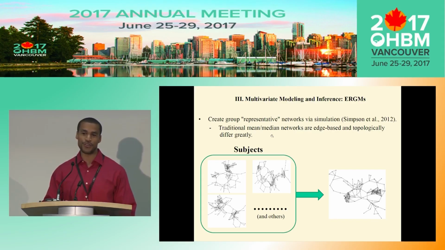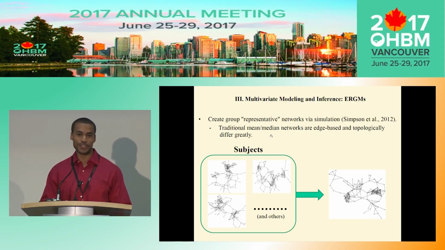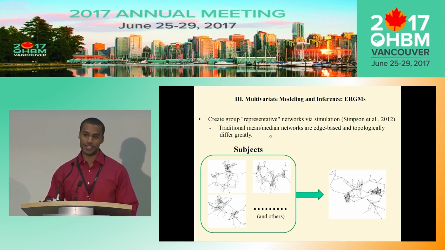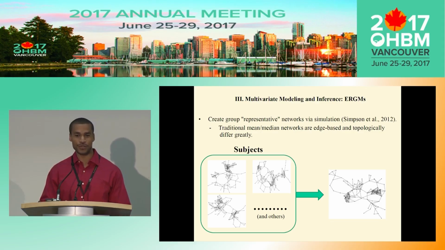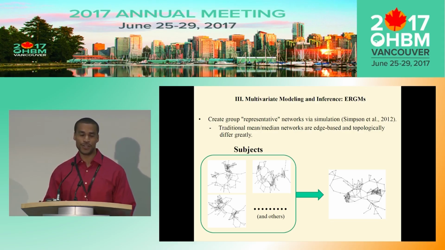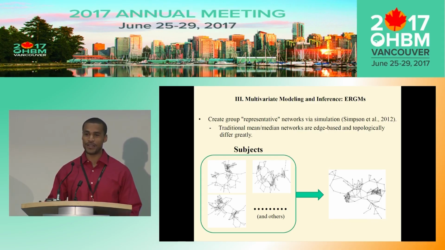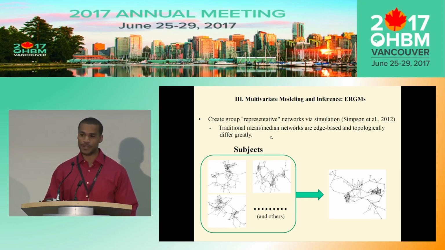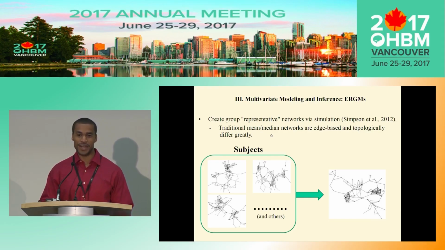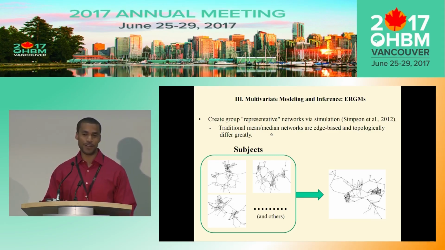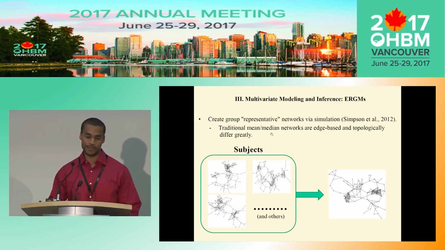which actually provides a much more principled way of creating the networks than what's been traditionally done, which is to, let's say, take the 10 connection matrices or the 10 adjacency matrices from the subjects, and then people tend to either take the mean of those and then threshold the resulting matrix, or take the median of those and then threshold the resulting matrix. And they use that resulting matrix as their group-based representative network. However, it can be shown that network is actually not very representative topologically of the subjects it's supposed to represent.